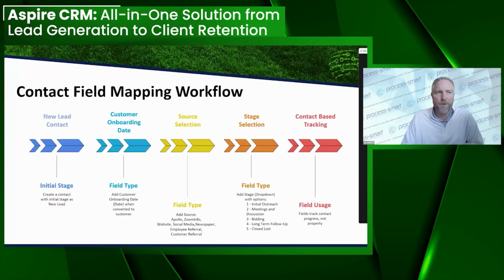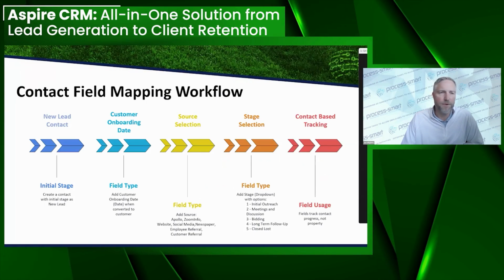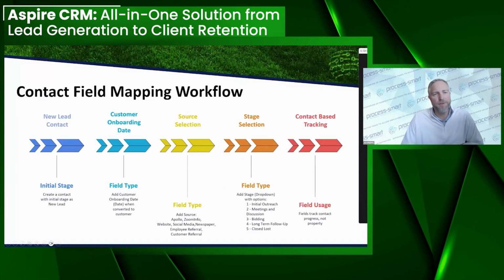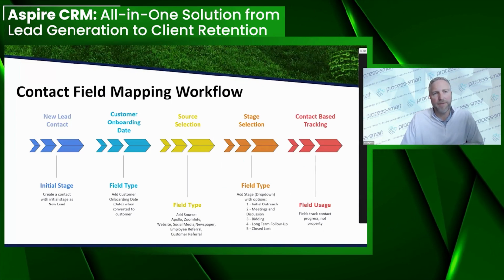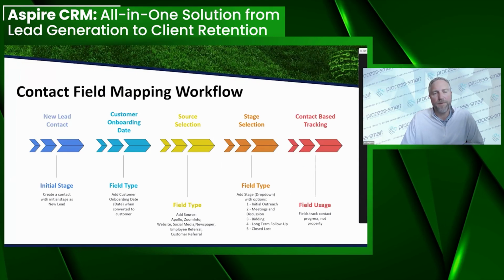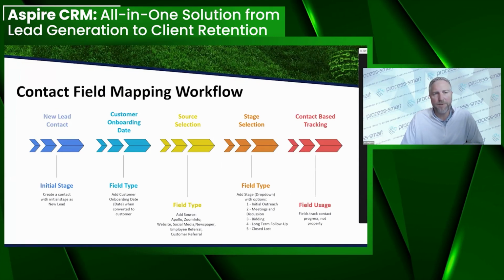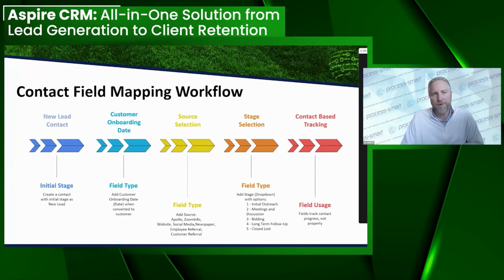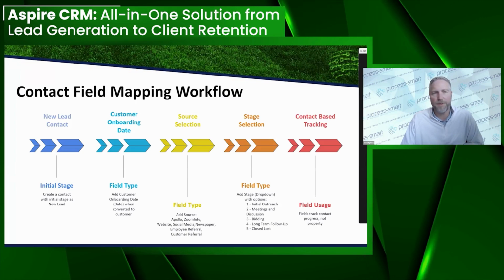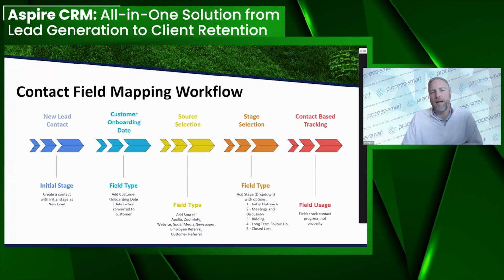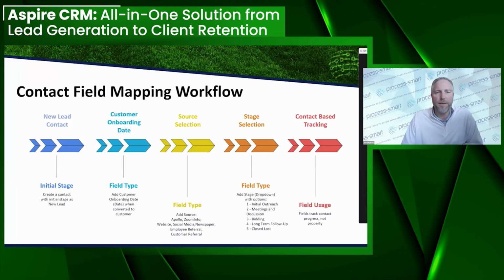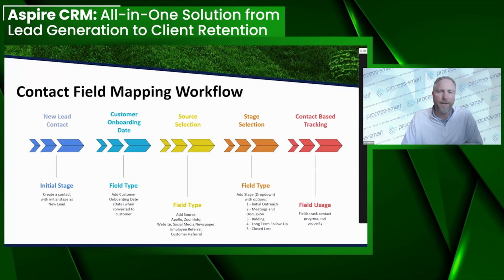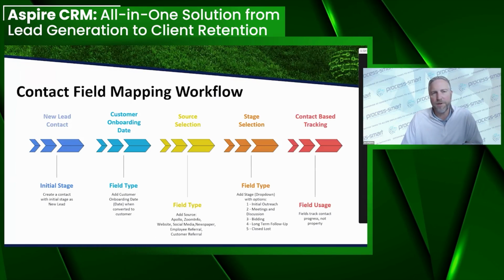So a little bit of a waterfall or flow chart. You have a new lead. They go through their initial stage, and you're going to create a contact. If you have an onboarding, you're going to add a field to do that onboarding, and we'll walk through some of these screens. You're going to want to track source selection. So if you use any number of tools, and we listed a few here that are pretty common, Apollo, ZoomInfo, a customer referral, social media, Facebook ads, Google paid search, whatever the sources you use, you're going to track those